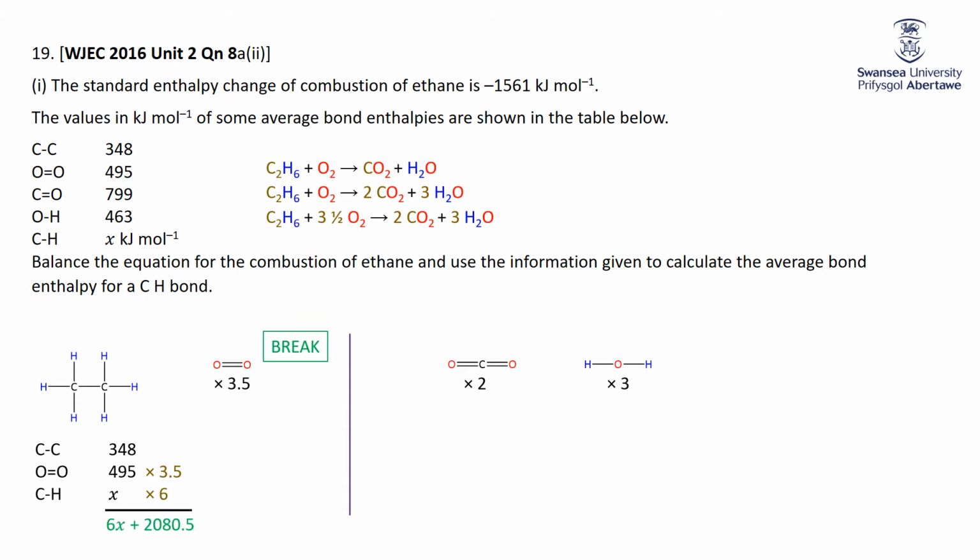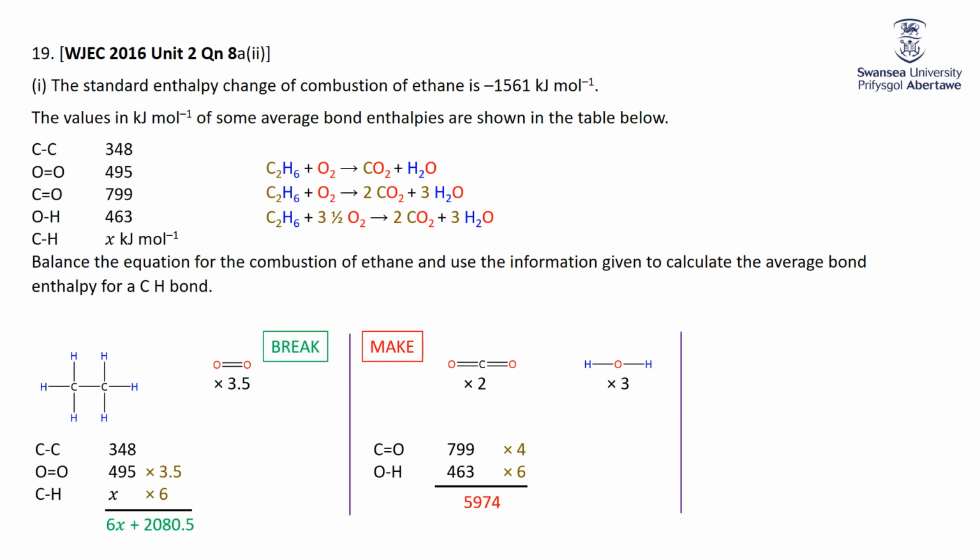So we add all those up and we get 6x plus 2080.5. Making, we've got C=O double bonds, 799. We've got 1, 2 times 2 is 4 of those. In the waters, we've got O-H bonds. There's 2 in each water. We've got 3 waters, so that's a total of 6 of those bonds. So thus